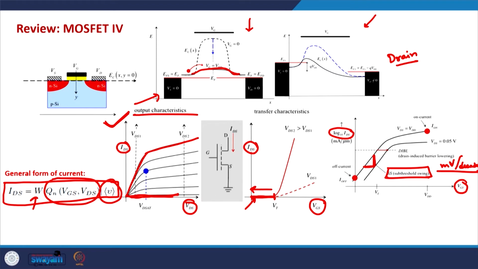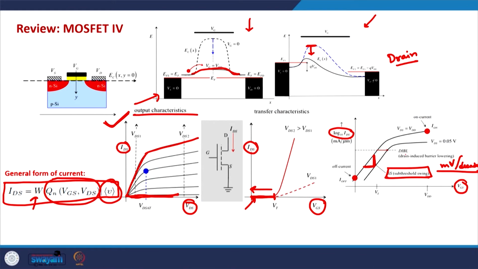In this we also saw the effect of drain voltage on the IV characteristics, especially for small devices, and in the small devices the barrier is no longer shielded from the drain terminal electrostatically because now the channel length is extremely small. If we apply a voltage on the drain terminal, it will reduce the barrier in the channel, and this is known as the drain induced barrier lowering, and this reflects in shifting of the curve